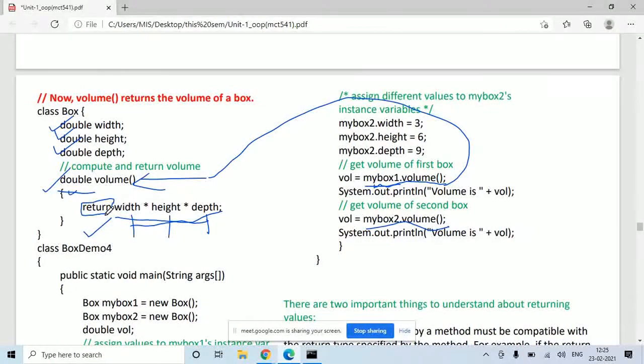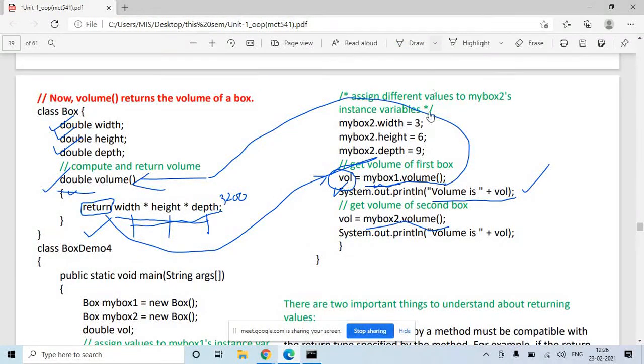So when we are returning something from here, it should be collected. When that value is returned from here, it will be collected in this volume temporary variable. Let's say 3200 is returned from here. So return from here means this value is stored here in the volume variable. And now you print that volume variable, you will see the answer.